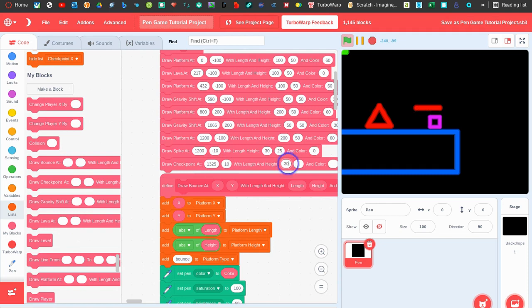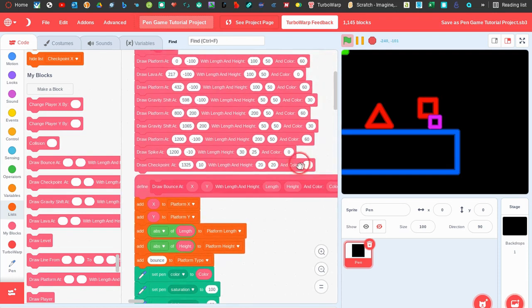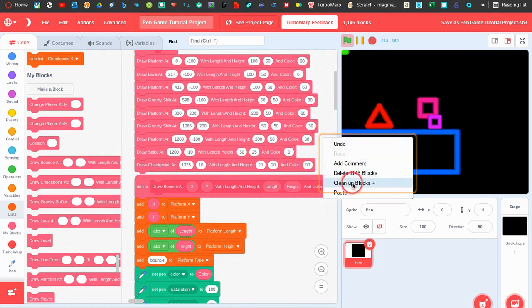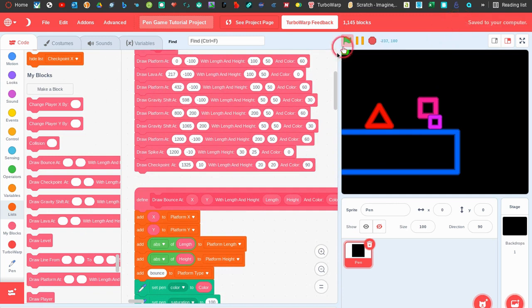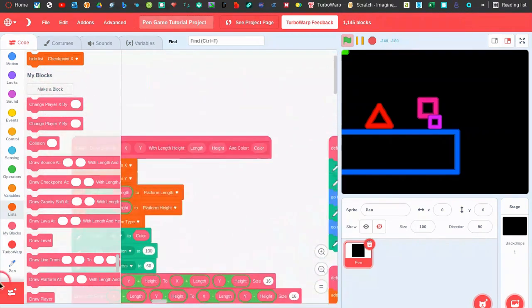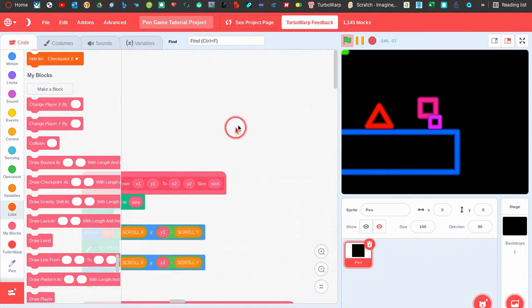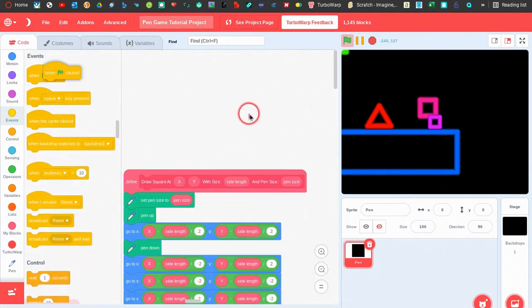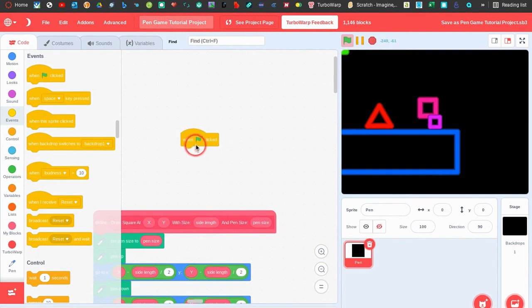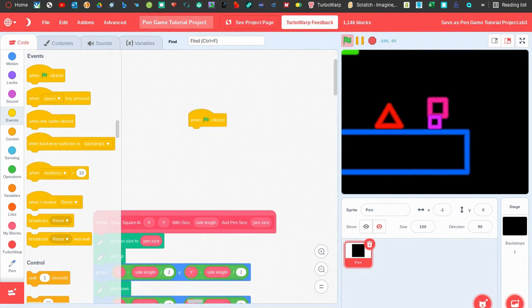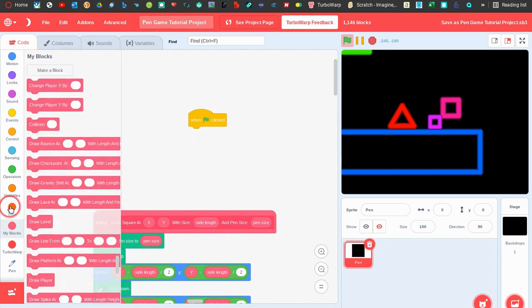And then 30 by 30. Okay, 25 by 25 maybe. Yeah, maybe I'll just do 20 by 20. Okay, that's the checkpoint. And then in color 90. Okay, so here's the checkpoint for it, and we can just say when the flag is clicked. We can say, and this is the part that we just have to do manually. It's kind of a pain, but this is just how it works. We can just do